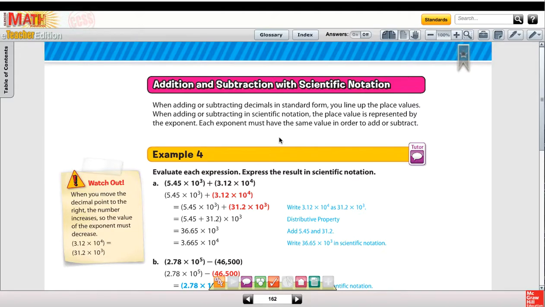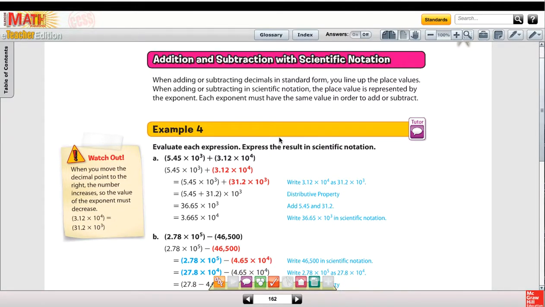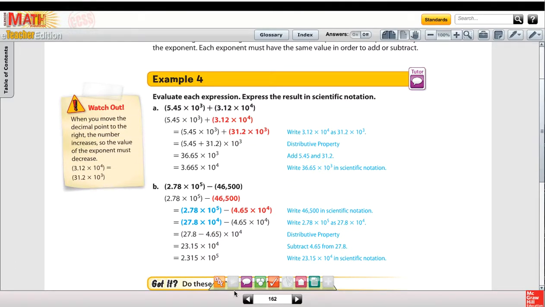Lastly, for example 4, you're going to be adding and subtracting with scientific notation. And take a deep breath, because in my opinion, this is a little bit more tricky than multiplying and dividing. Because when you add with scientific notation, you have to have the same power. So in this case, we have 10 to the 3rd and 10 to the 4th. That will not work. We can't just add these numbers and then forget about the exponents. What we have to do is rename them so that both of them are in the same power. So 10 to the 3rd and 10 to the 3rd, and now we can add 5.45 and 31.2